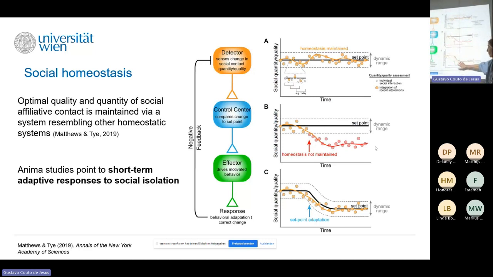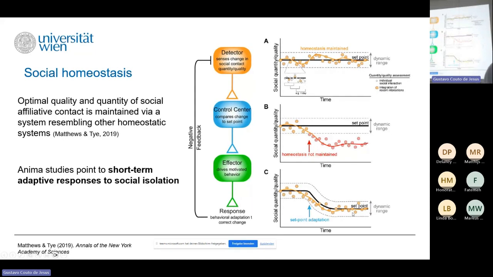But if this is not possible for some reason, for example there is no possibility to get contact anymore, like when you are an old person and your close friends are not there anymore, then the time you stay in this deviation gets longer, the set point changes,